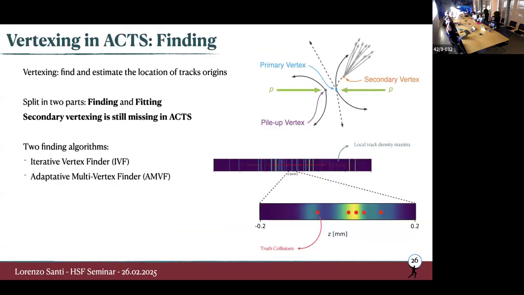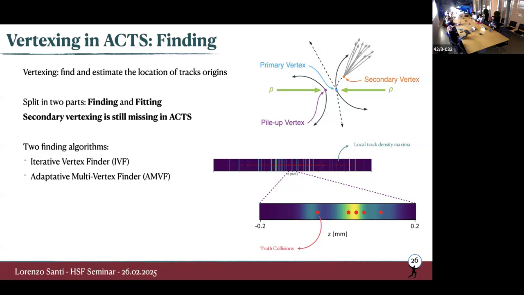Okay. So in terms of vertexing, let's say vertexing is split in two parts. One is the finding, the other is the fitting, and vertexing is the way we are able to find the collision points and interaction points for the primary, but it also regards the finding of the secondary vertex, so the position of the decay of particles. In particular, the secondary vertexing is still missing in ACTS, but will be implemented soon. There are two finding algorithms. One is the iterative vertex finder, and the second one is the adaptive one, which is also